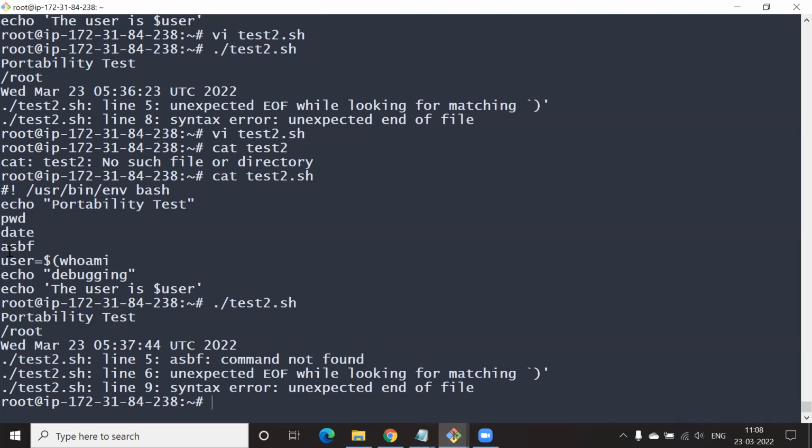The hint is on the screen. Look at the last line. Yeah, syntax error: unexpected end of file.